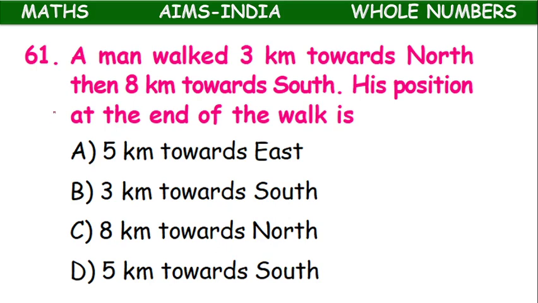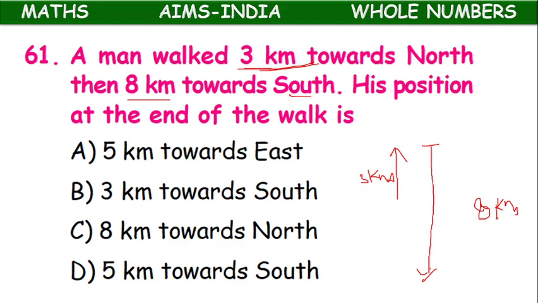Next. A man walked 3 kilometers towards north. First he went towards north, he traveled 3 kilometers. Next, 8 kilometers towards south, downside. So then, his position at the end of the walk is,